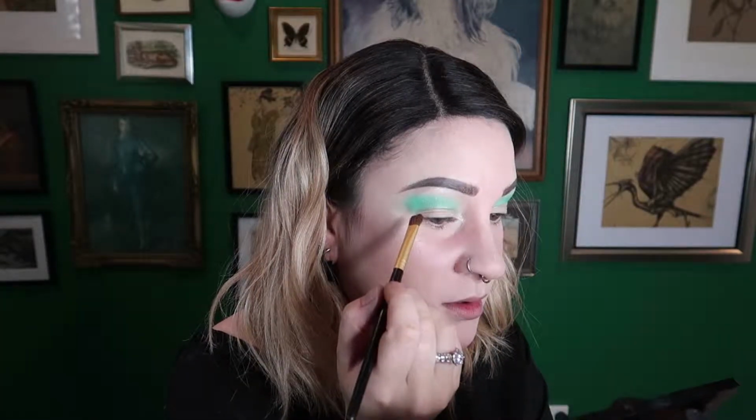Now, this guy's kind of fluffy, a bit smaller though. I'm going to go into the dark one, which is called Lost Woods, and then darken up the sexy shimmer crease that I'm going to try and achieve. Okay, so